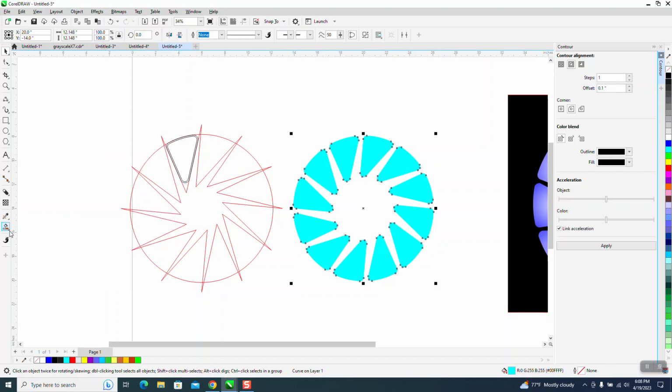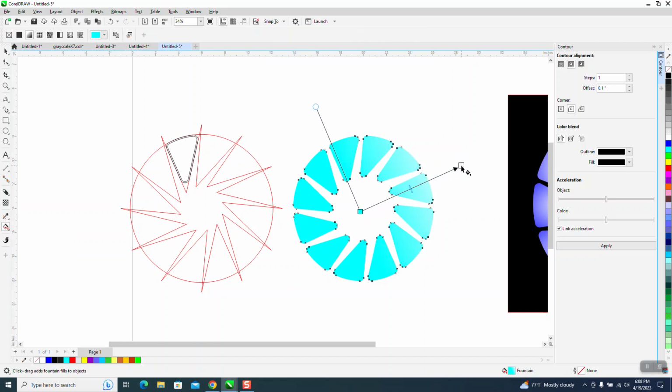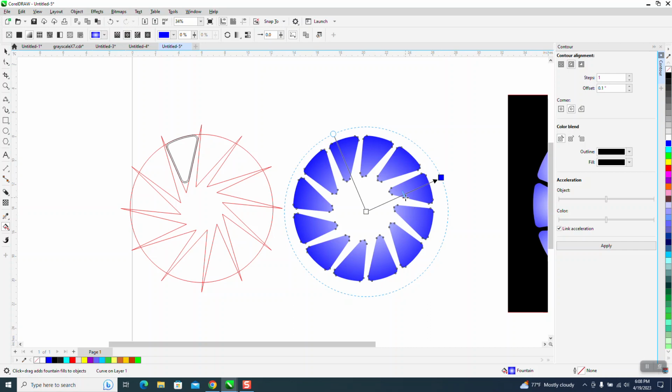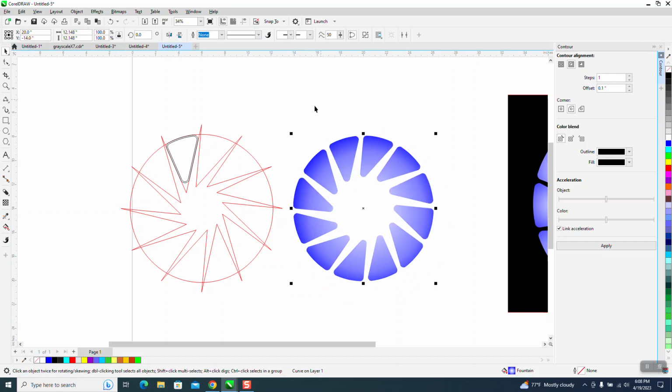Then I'm going to get, this is pretty cool when it does this, the interactive fill tool. And I'm going to go from the circle outwardly, but I'm going to get the elliptical, and then put that right in the middle. And you could change coloration. We've already got white in the middle, but let's put this blue here and then bring our white out a little bit. Now, watch what happens when